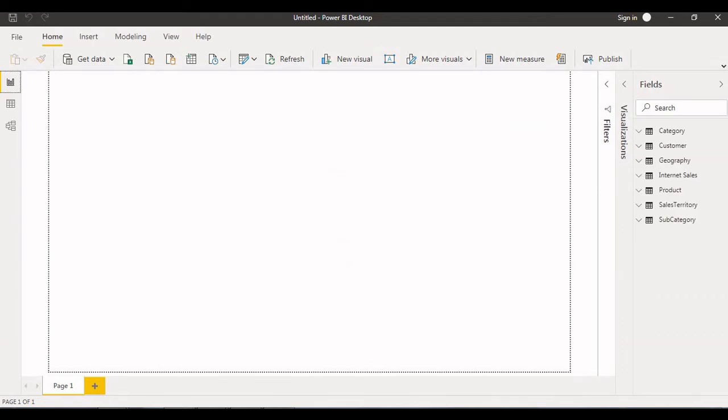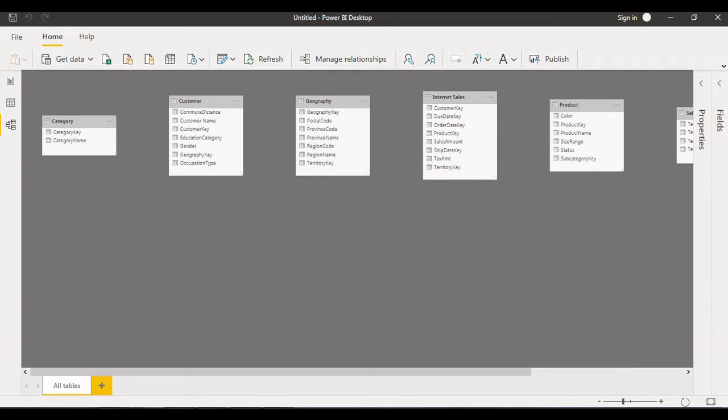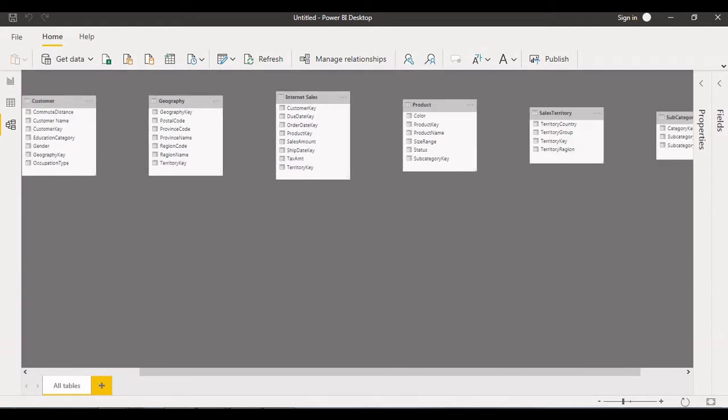See, somewhat little faster compared to the previous one. Now we can see that all the tables have been loaded into the Power BI desktop. Now I will check what is there in the model tab. Go to the model. Now we can see that there is no kind of relationship between the dimension tables and